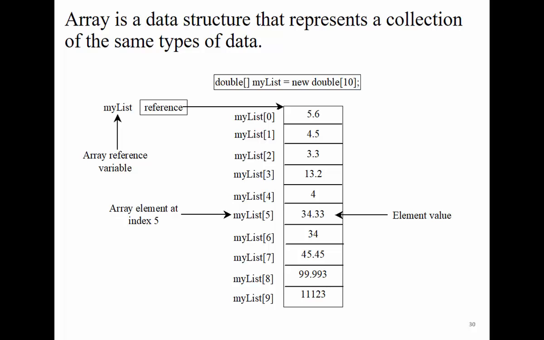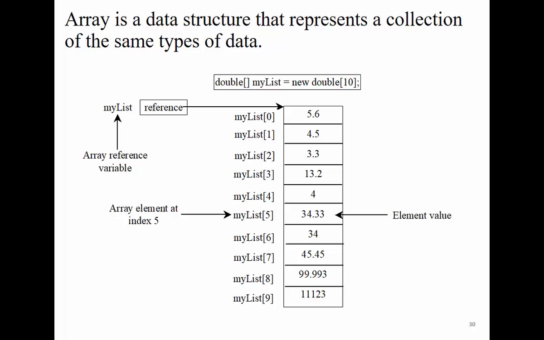Equal a new double of 10 elements inside the square brackets, semicolon. So my list will be a reference, as your question is not referring to the first element. To be able to retrieve the first element, you have to say my list, open the square bracket, and give 0. You can think of it as just a label. You label all these 10 elements by my list, and you use this as a reference to access them.